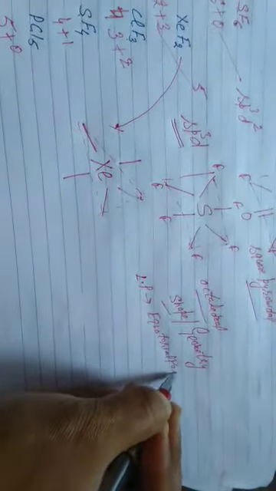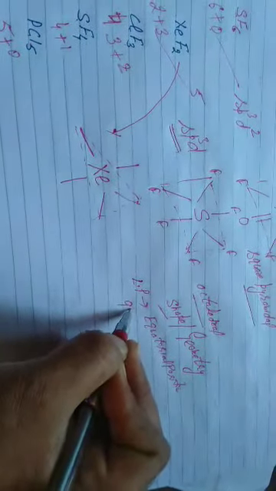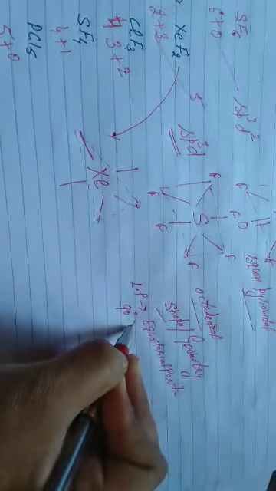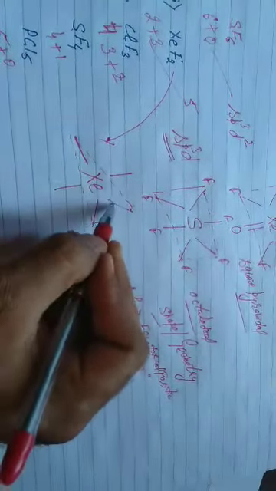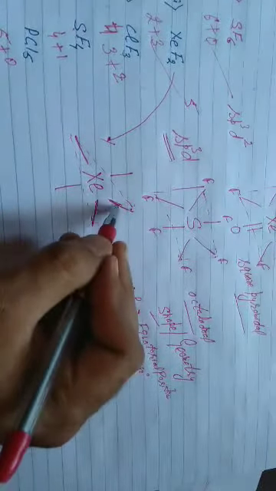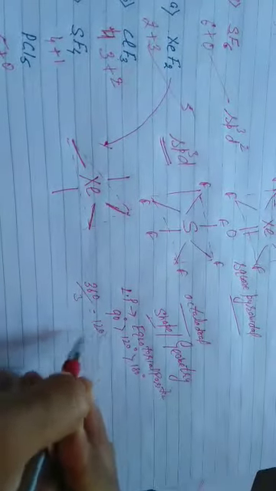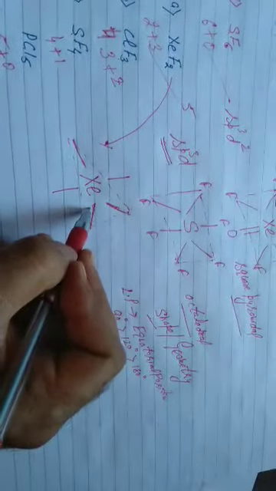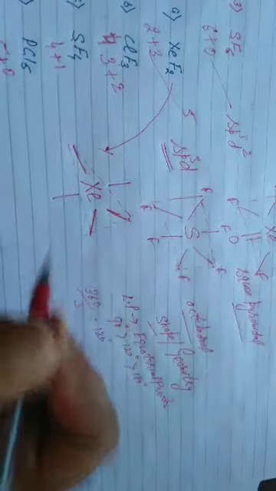Why does it go to equatorial position? Because according to VSEPR theory, valence shell electron pair repulsion theory, repulsions are maximum at 90, less at 120 and least at 180. Now it is clear, axial bond is at 90 degree. These are equatorial bonds. Students, these are equatorial bonds. 360 divided by 3, what did we get? 120. These are at 120 degree and this is 90 degree. It possesses two types of bond angles, 90 degree and 120.